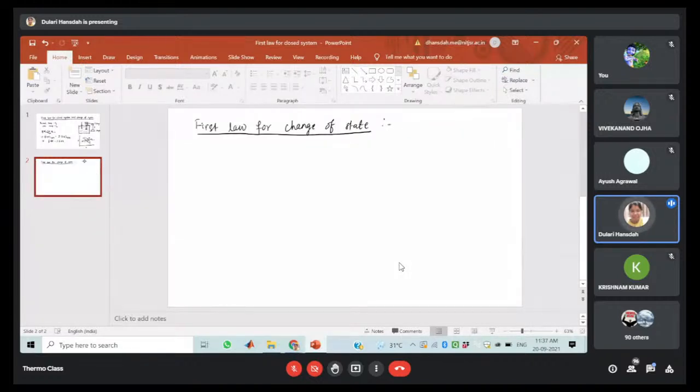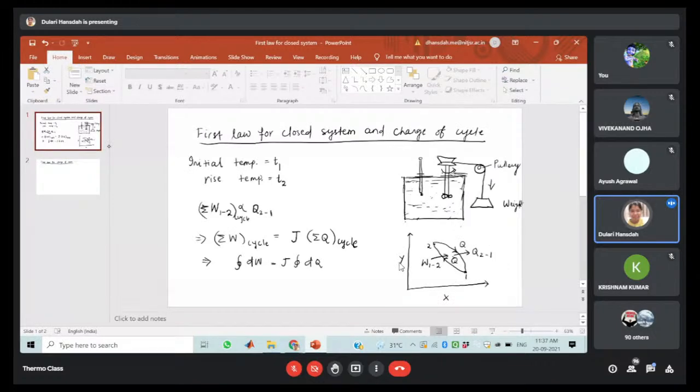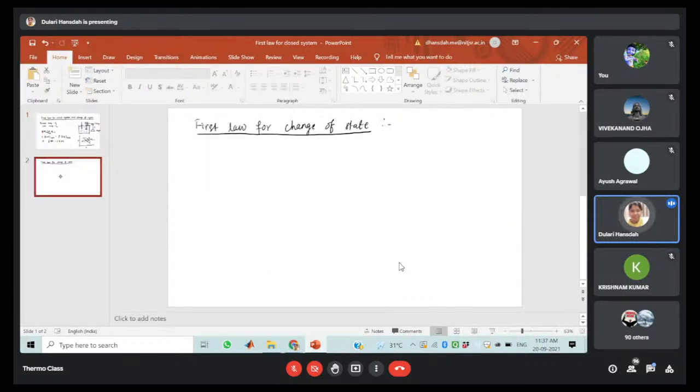So already we have discussed that this is applicable for the system which is undergoing the change of cycles. So in this case, it is your algebraic summation of all energy transfer across the system boundaries are zero. If it is coming this side, then this will be equal to zero. So we can say that in this case, your energy is conserved.